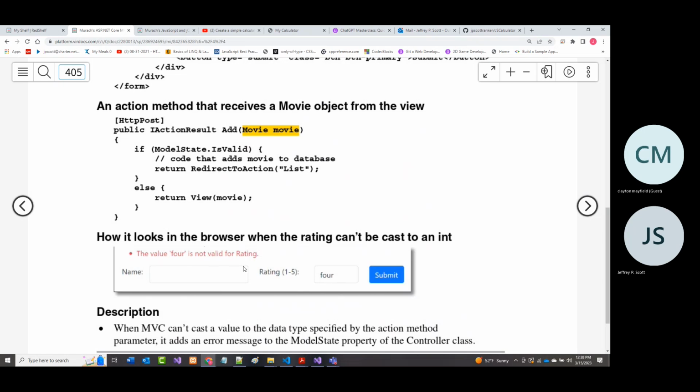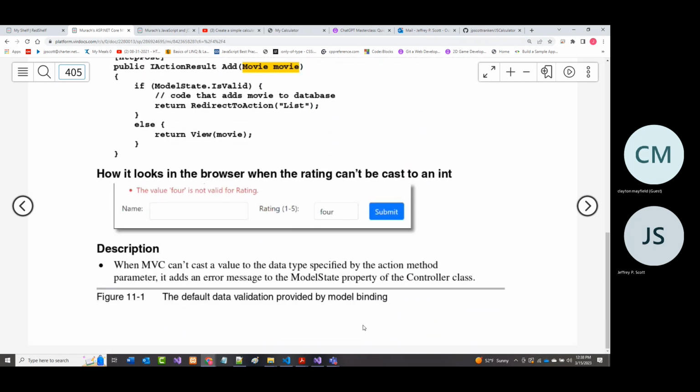If you have 8 of those fields correct, but you screwed up on one of them, maybe you didn't put a valid email address in, this is going to return you right to the page you were at, and the values will still be in there. So you can go back and make changes to the one field out of the 9 that was bad, and the other ones have maintained their value.